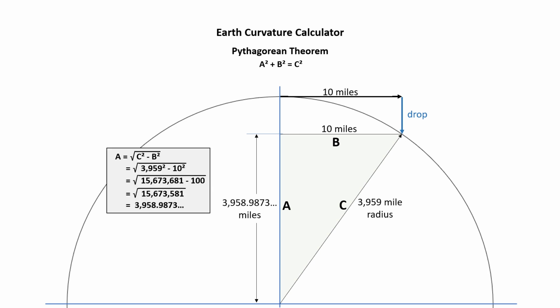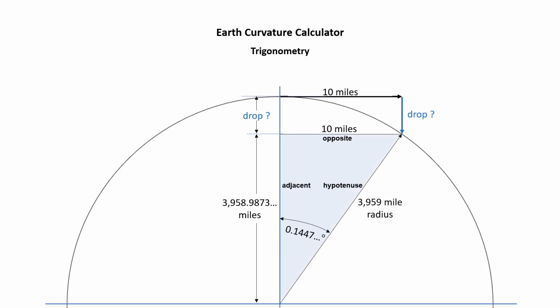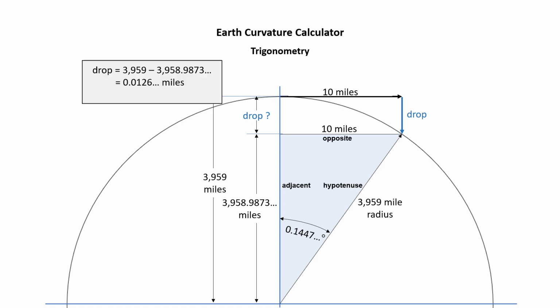And this gives the same answer of 3,958.9873 miles. Well, it's almost the same because the difference is 806 to the 40th decimal place, but I think we can say that that is pretty insignificant. And finally, the last step is finding the drop. And this is very easy. Since we know the distance to the horizontal tangent line is 3,959 miles, that gives us the drop of